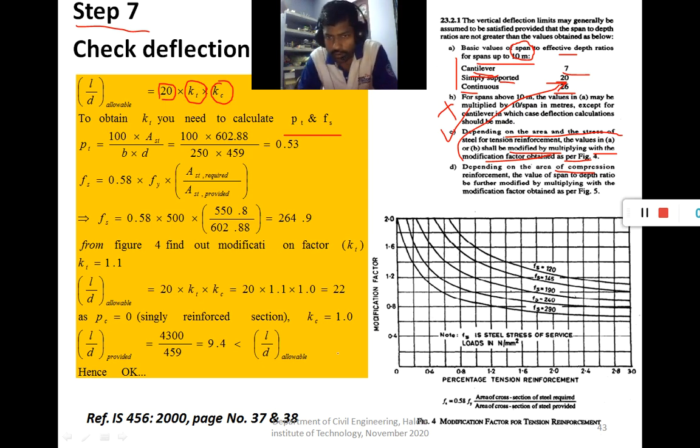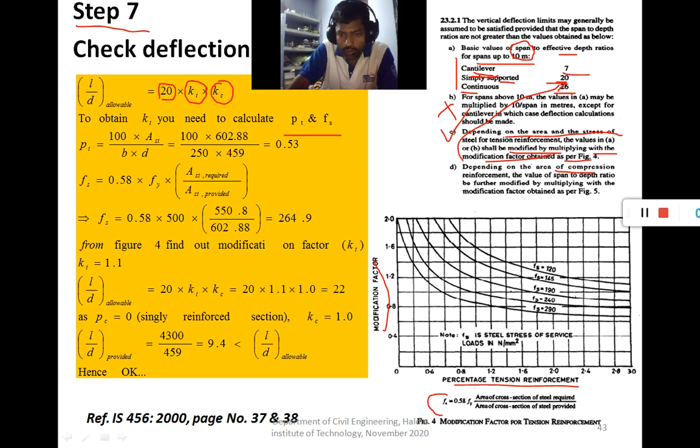In this figure two axes are given. On the x-axis the percentage of tension reinforcement is given, with each square being 0.2, 0.4, 0.6, 0.8, 0.9, 1, 1.2. So the percentage of tensile reinforcement has to be found out.